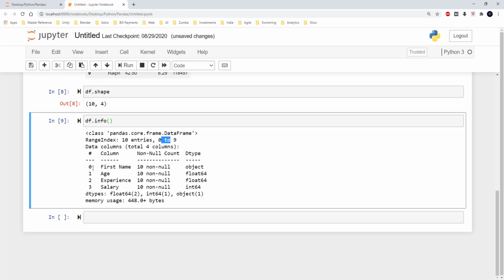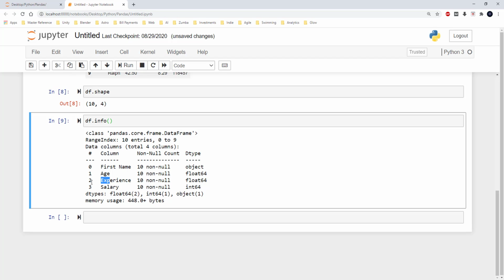It shows that at index 0, first name is there and the data type is object. In pandas, object is considered a string, and age is at index 1 and it has the data type of float.